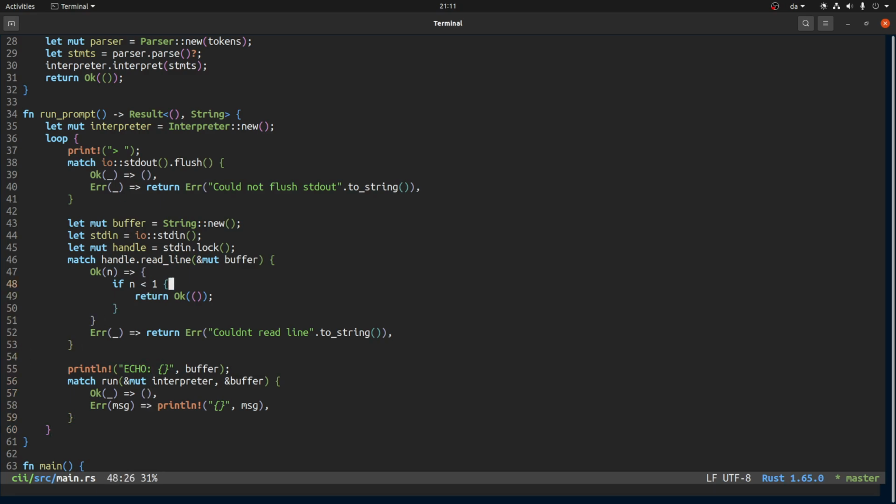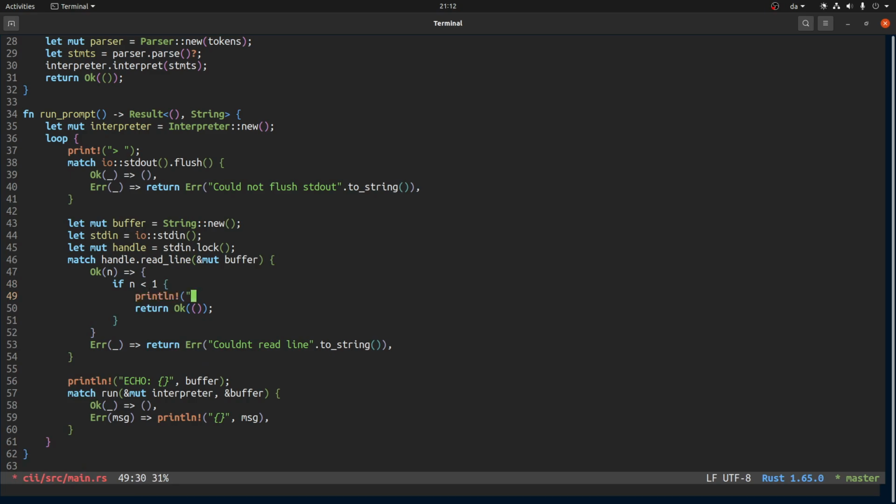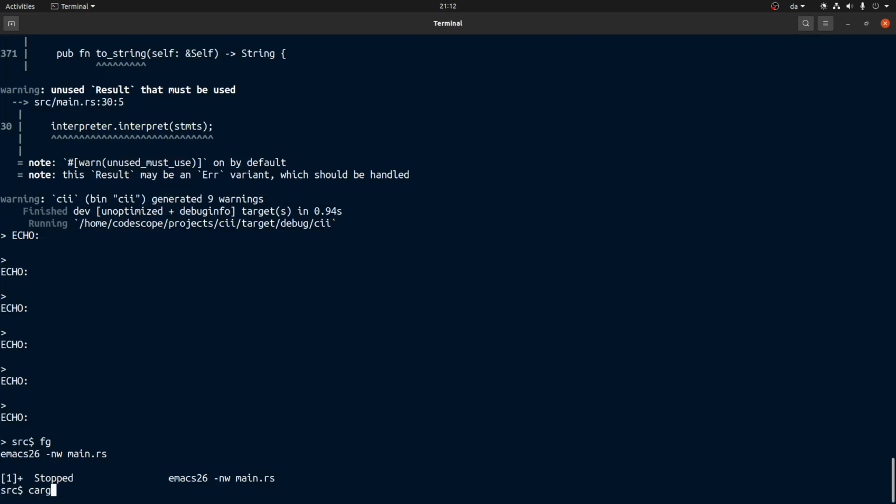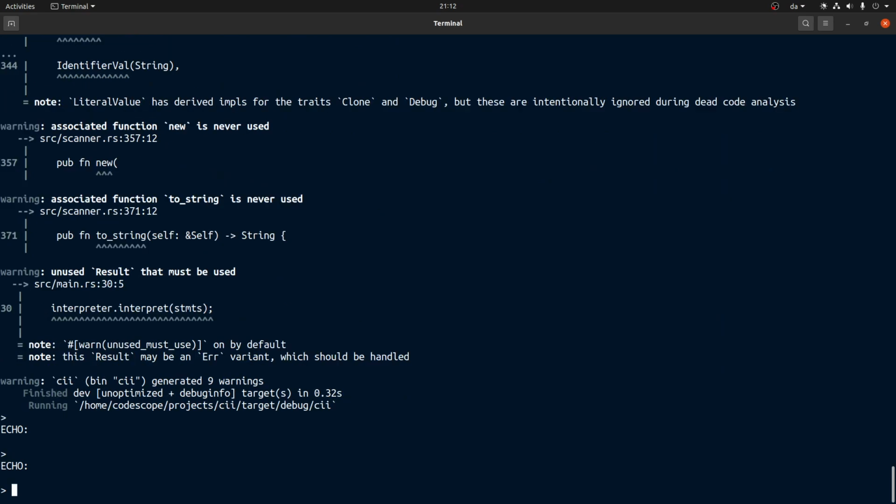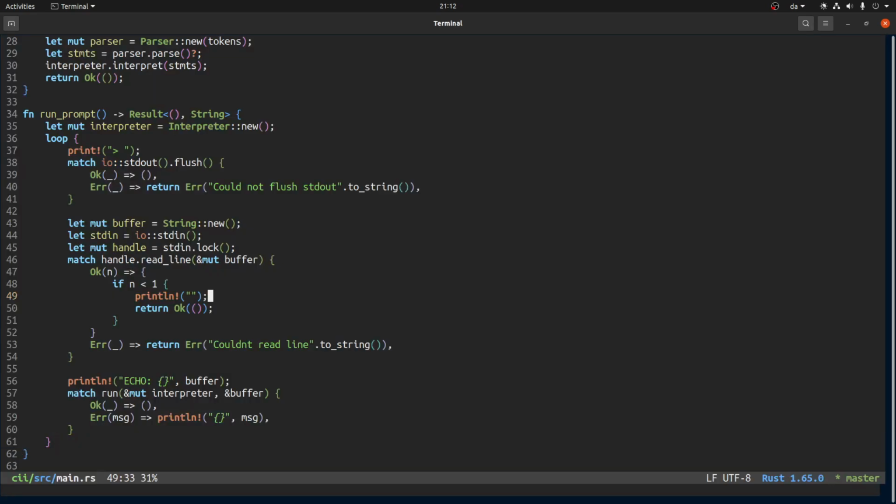Actually I want to just print an empty line, I think, so that this is not really what we're supposed to work on, but whatever, I got sidetracked. So anyway, we read it into this string buffer, and now we kind of have